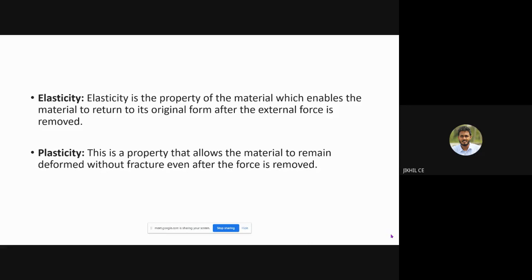So once the load or force is more than the elastic load, the material will start deforming, and the deforming will be such that the material will keep on deforming, but there will be no loss in strength. So if you are stretching something after the elastic limit, if it is getting elongated, but the strength is less, it is not plasticity. So the strength has to be kept constant, and the elongation has to happen in the case of plasticity.